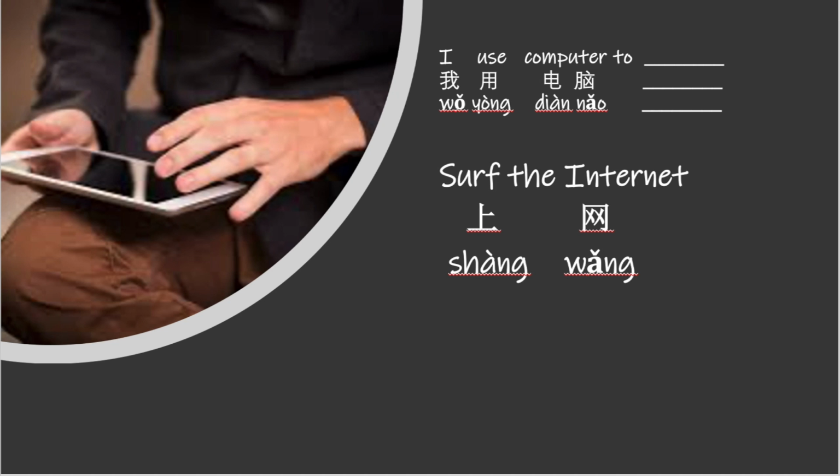So if you have a spider web or a knitted net, it's also 网. So to say log on to the net, it's 上网。Surf the internet is literally log on to the net. To say, I use computers to surf the internet,